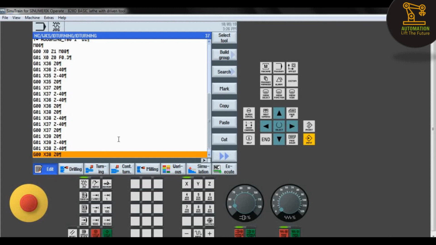And now the last pass and the last material 1 mm should be removed, so G01 X40 and Z0, and the last pass G01 X40 and Z -40. With this pass we have removed 5 mm of the material.